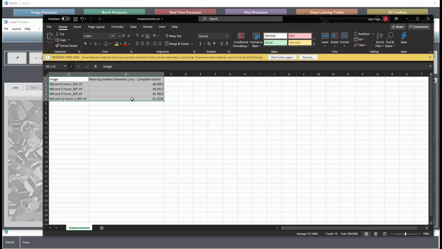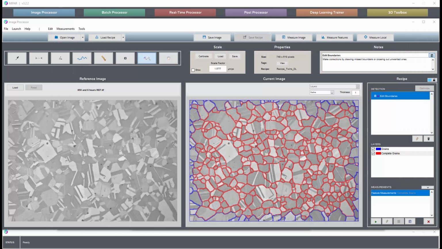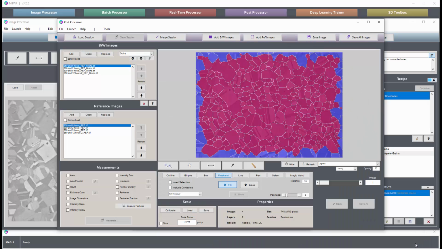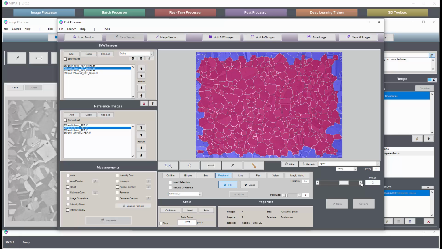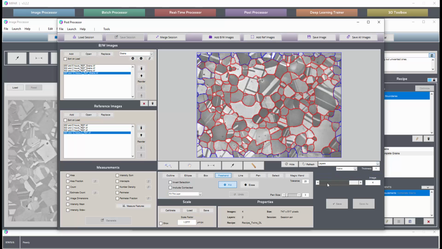But if this is the report that you need, you just want to look at a mean grain size per image, then there you have it. But sometimes even if that's all the measurement you need, it's still very useful to supervise what was actually measured rather than just taking a spreadsheet and running with it. So by clicking view results, that has opened the results of the batch here, and you can flip through, see how it did, maybe make some corrections if needed,